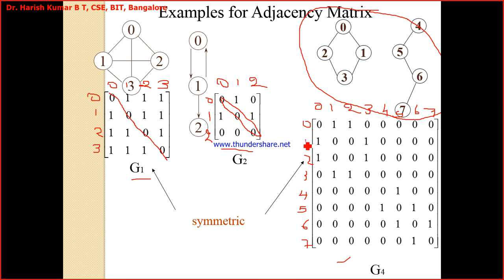And then similarly from 1, this is how we have written. If I look into this adjacency matrix, again it is a symmetric matrix. This is the diagonal. If you look at the elements above the diagonal and the elements below the diagonal, they are exactly the same. This is what a symmetric matrix is, since it is an undirected graph.